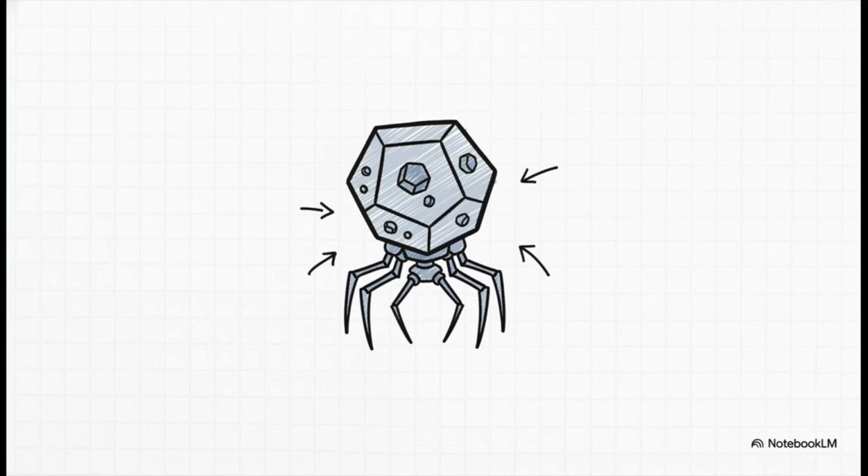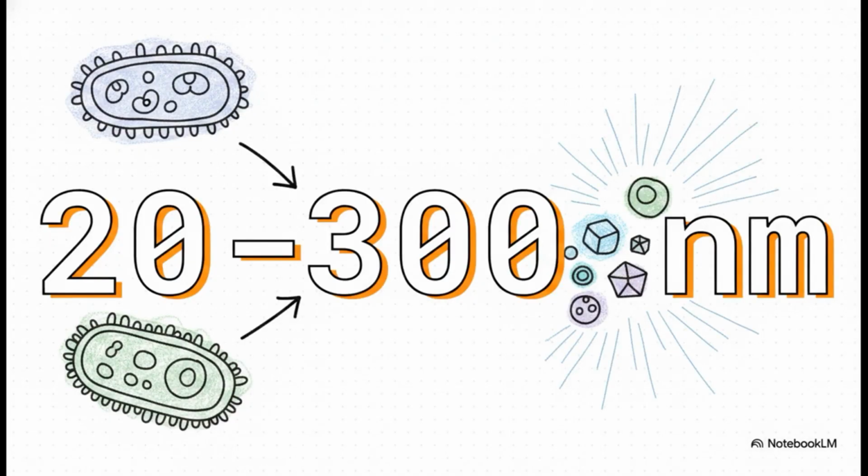Very small, infectious particles. That's it. They don't have standard equipment, they don't have cytoplasm, they don't even have their own ribosomes to make proteins. They are, quite simply, a rogue genetic payload wrapped up and actively looking for a target. To truly grasp just how rogue they are, you really have to understand the scale here. 20 to 300 nanometers. Remember earlier when we said a bacterium was 1 to 5 micrometers? Well, a micrometer is 1,000 nanometers. So, to put that into perspective, this means a virus is just a tiny, tiny fraction of the size of the bacteria we were just looking at. They are vanishingly small. This makes them incredibly difficult to detect and absolutely perfectly sized to infiltrate living cells.